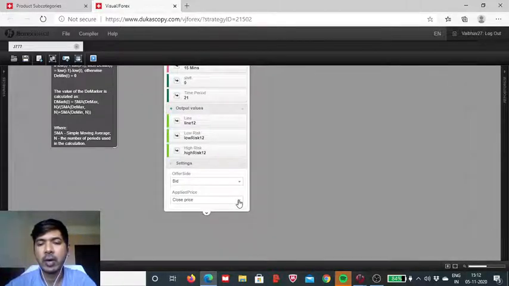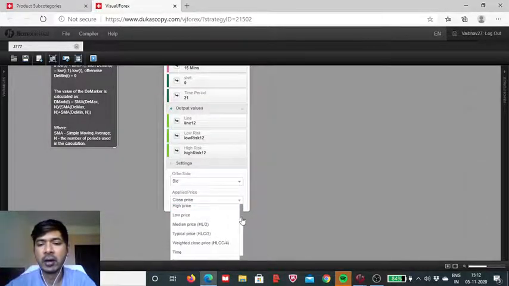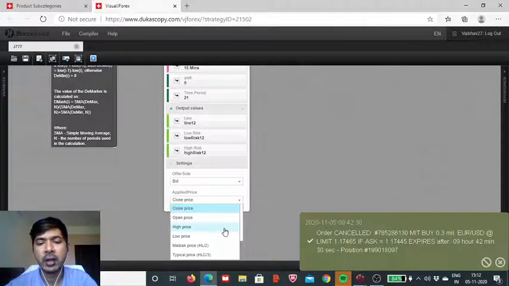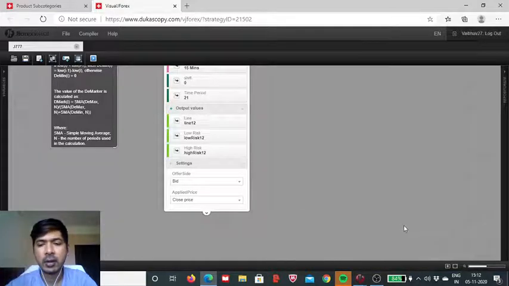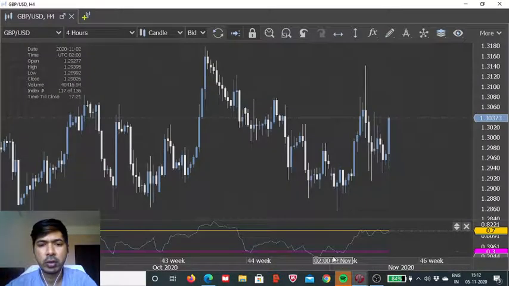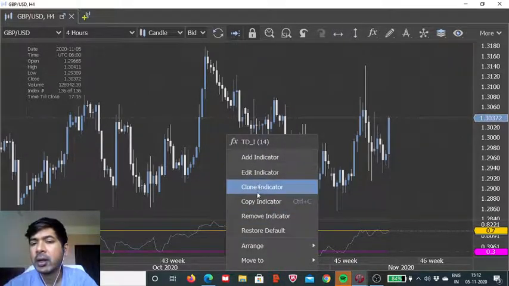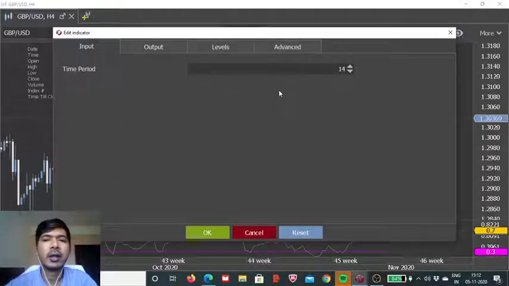So because of that, we have to be particularly mindful of these parameters also, and we can customize these options. The input price for calculation of this indicator can be close price, open price, high price, low price, median price, or the typical price. So we have all the options provided to us. Now I think I should also explain to you how the impact will be there when we change this applied price. So let's edit this,